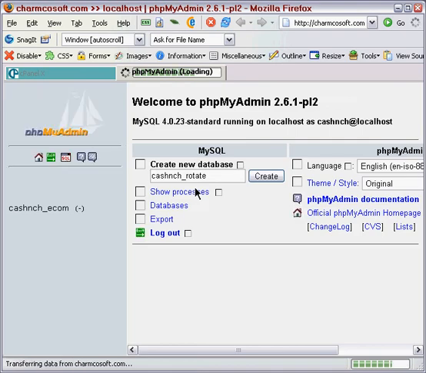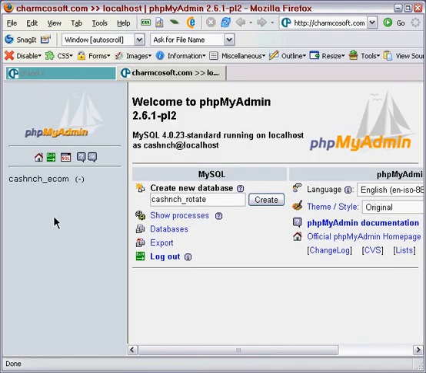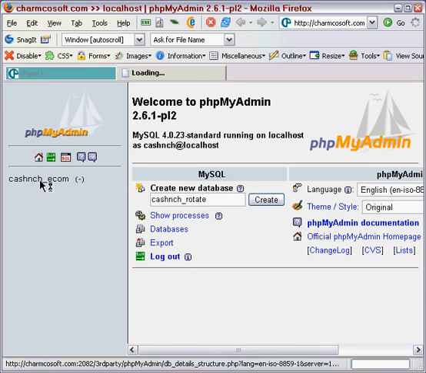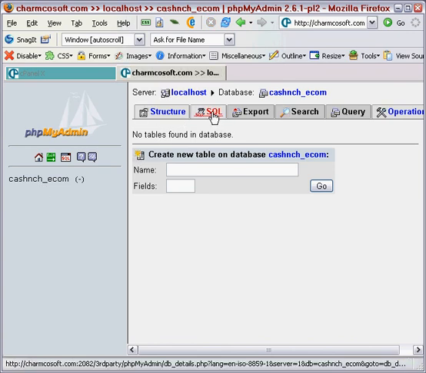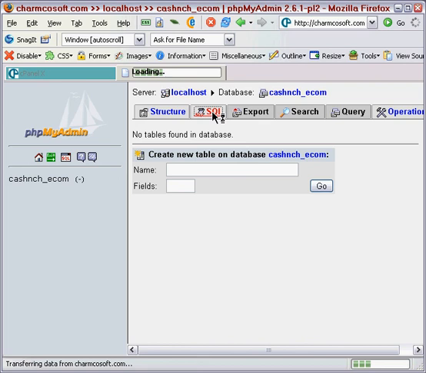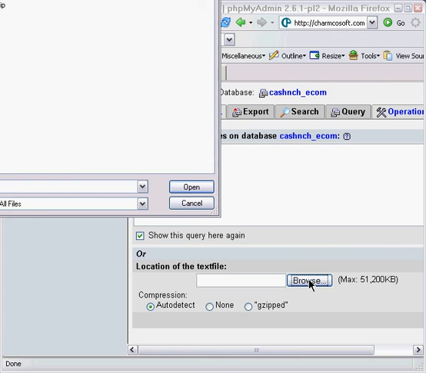and when this page loads, you'll see your new database listed on the left, but it has no tables listed. In order to create the tables using a SQL file, you click on the name of the database. Once this page loads, you come up to SQL, and here you can now browse to the SQL folder on your hard drive,